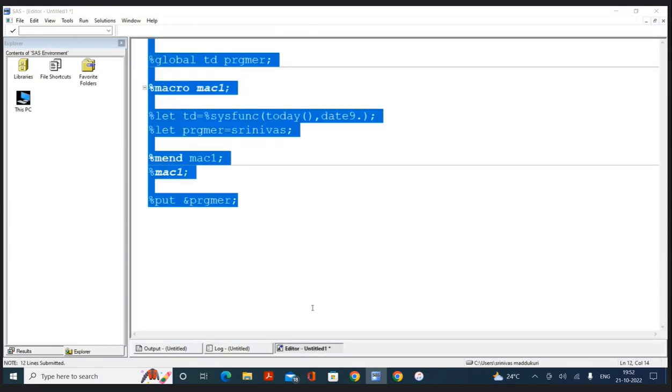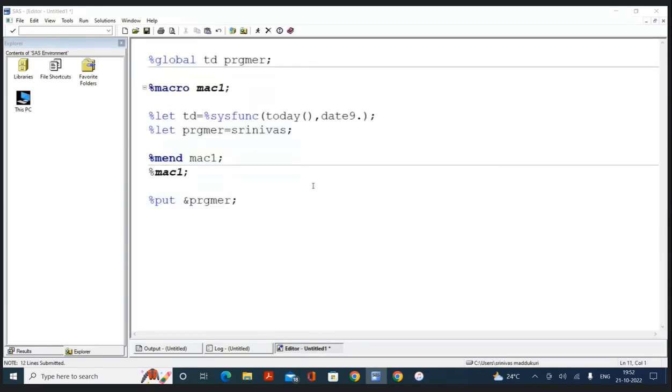Now, I want to create a macro variable called YD. I want to have yesterday's date. How to create a macro variable and how can we get yesterday's date? How to get yesterday's date? By using INTNX. Very good. Now, %let YD, yesterday, is equal to